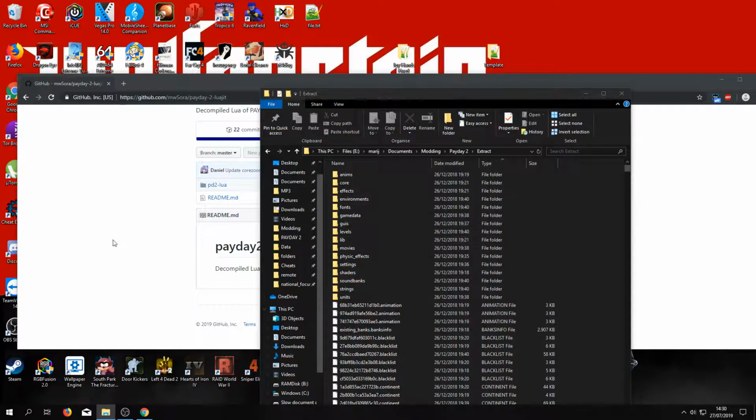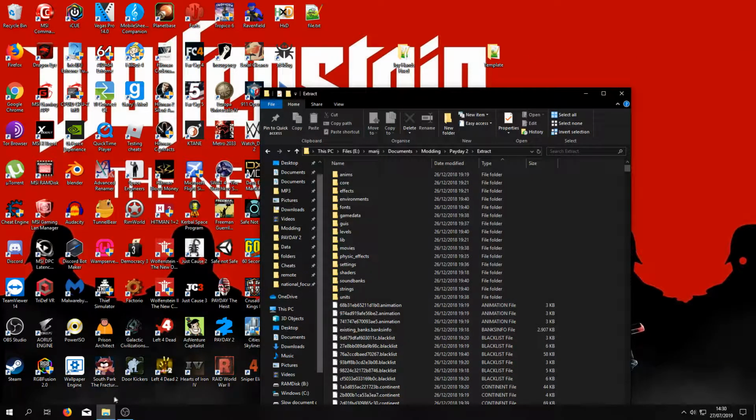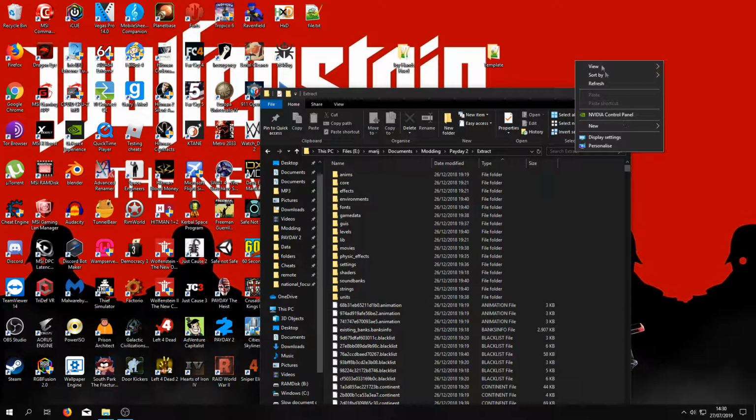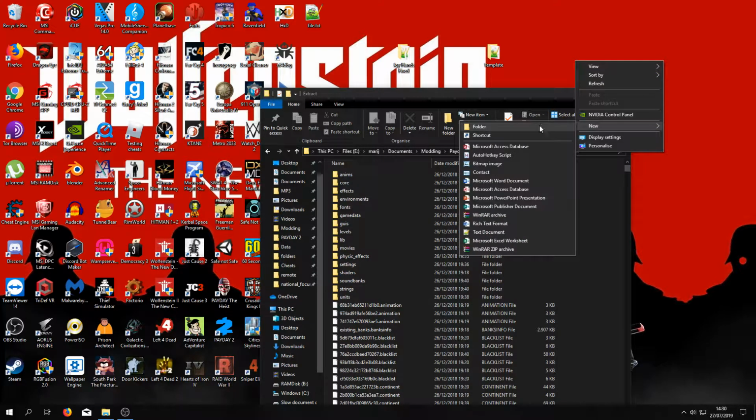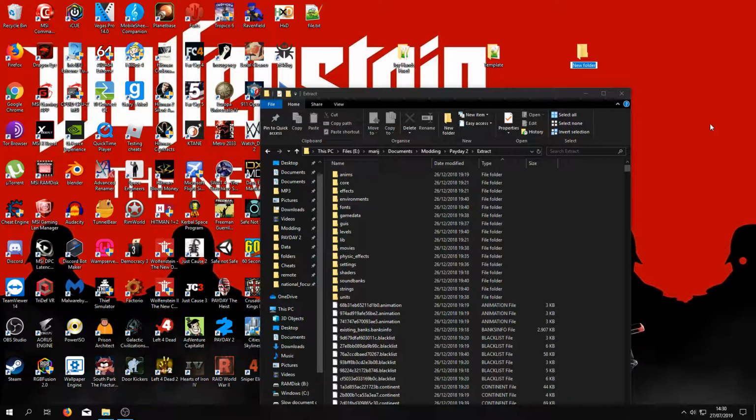Now first of all, I'm going to show you how to create a mod override type mod. What we do is create a folder. I'm just going to do this on my desktop, and we call it whatever we want to call our mod. Let's say I want to change a random part of the HUD, as that's an easy thing to notice. So I'm going to call this mod HUD edit for guide.